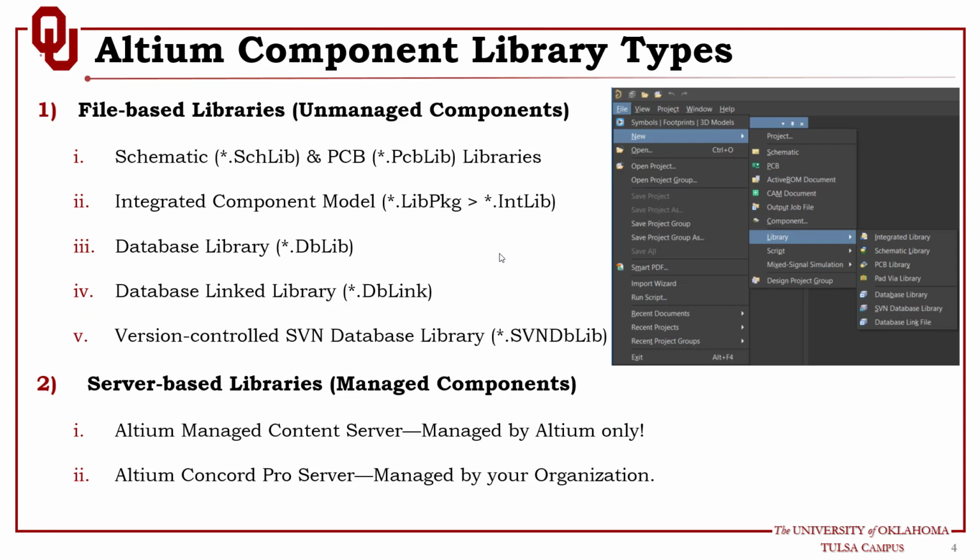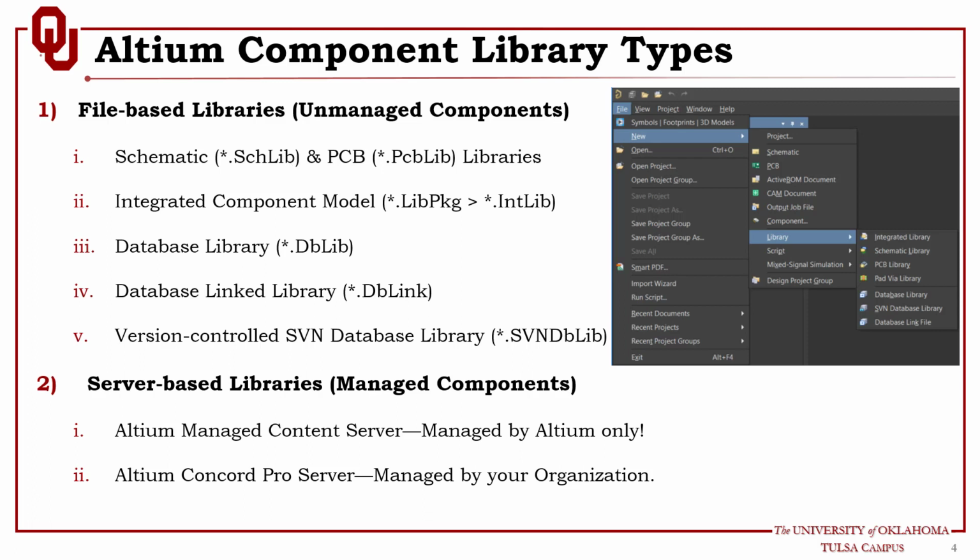So what kind of libraries can we find in Altium Designer? If you see, this is the Altium Designer environment. If you click on File, New, you will be able to create a library. You have integrated library, schematic library, PCB library, database library, SVN database library, and then you have the database link file libraries. So basically, the schematic library, at the simplest level, has the format SchLib,